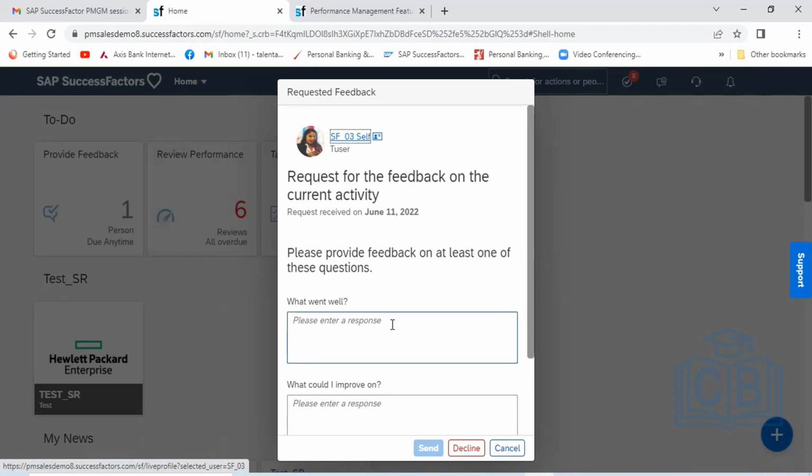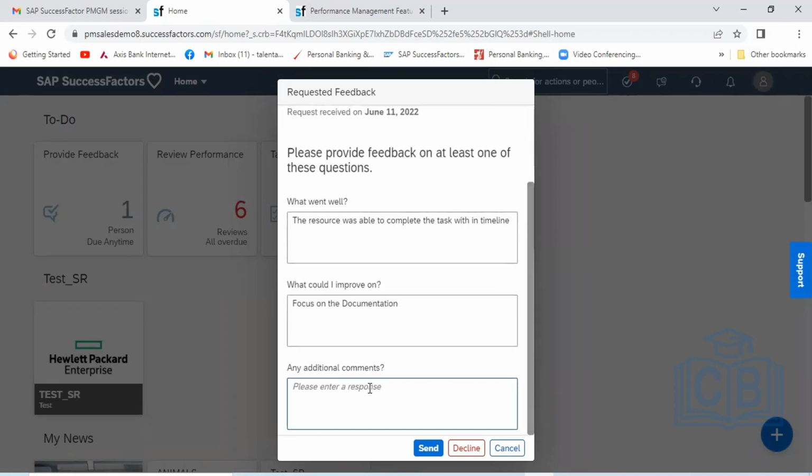So what went well? That particular user answers, and any additional comment, and just clicks on send.